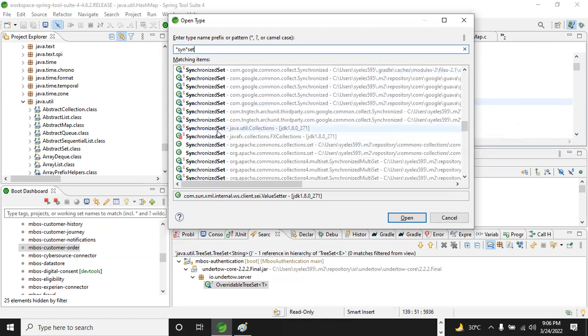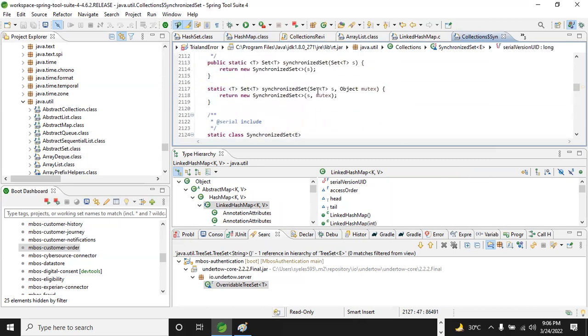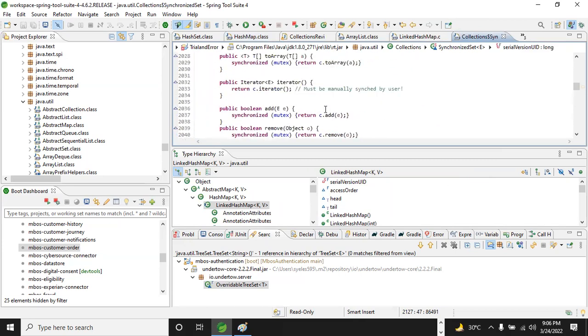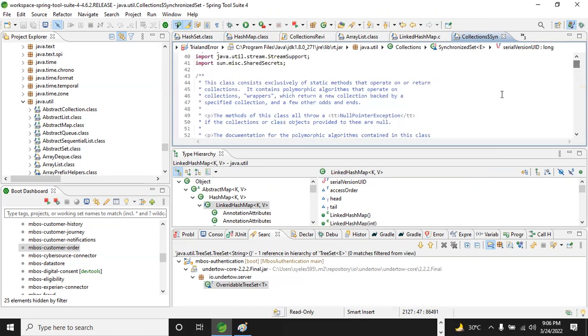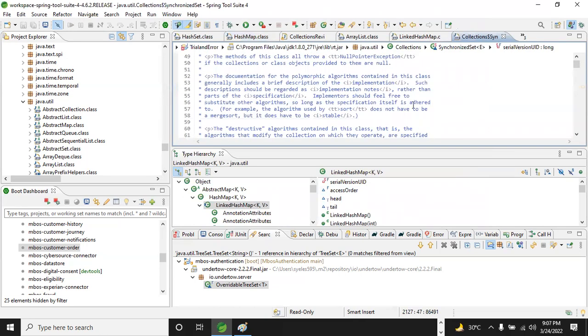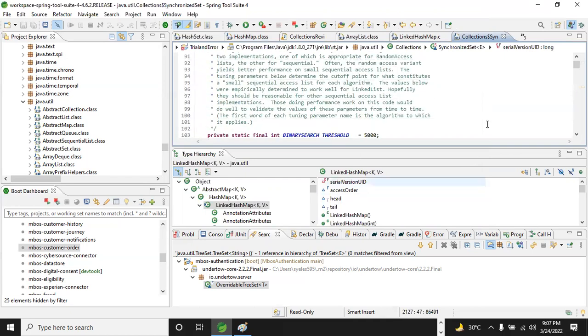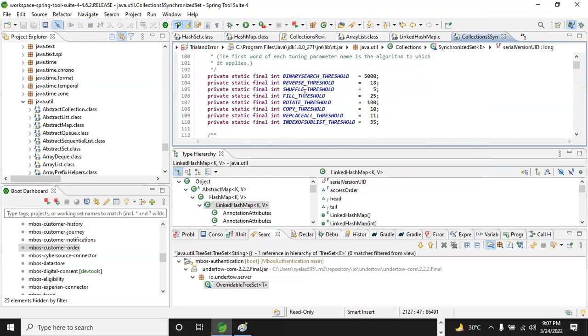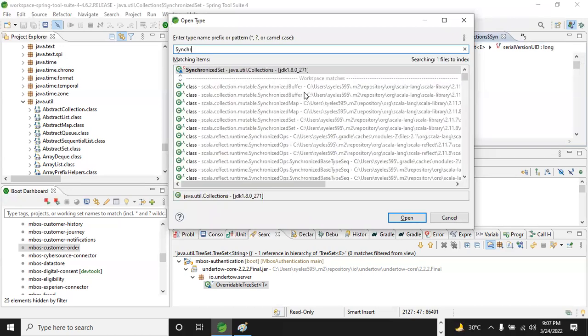ConcurrentSkipListSet. Okay. So for all your collections, like list, set, and map, we have something called a parent class, like concurrent or synchronized collections, which will help you support your multi-threaded environment.